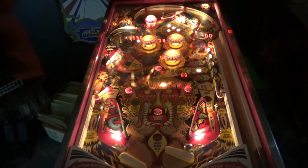Could be, well, I don't know if the diode would do that. So there's something going on with that. So we're gonna keep our eye on that. It's that second drop target. But the scoring thing being slow, that's an